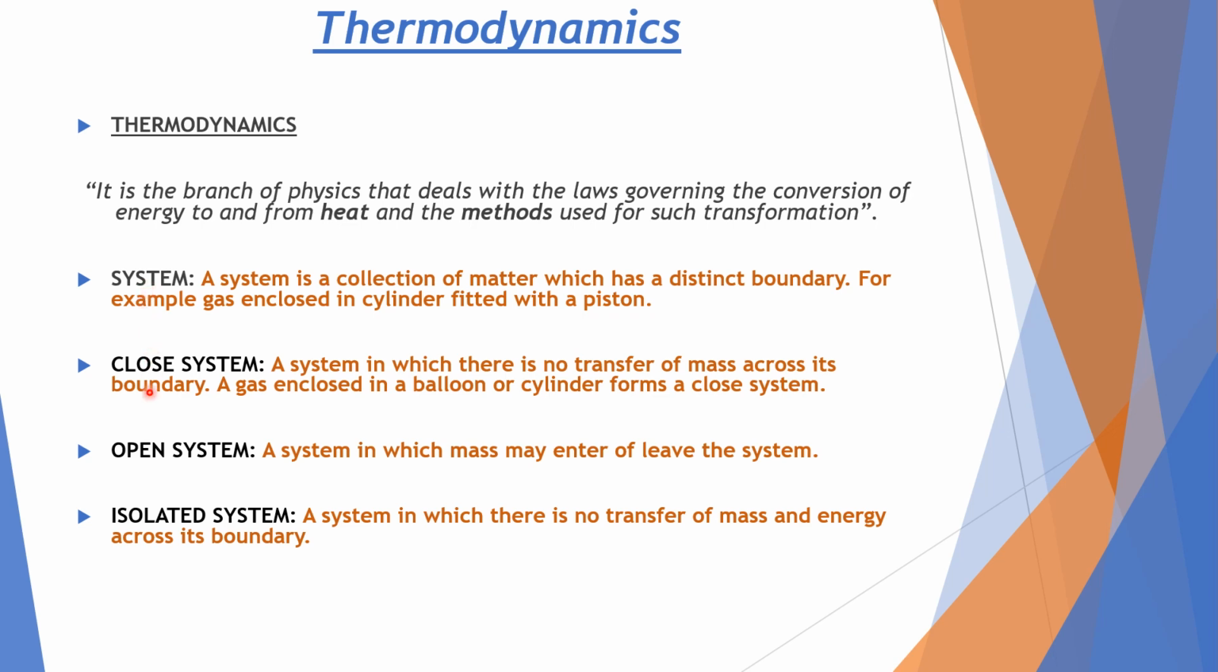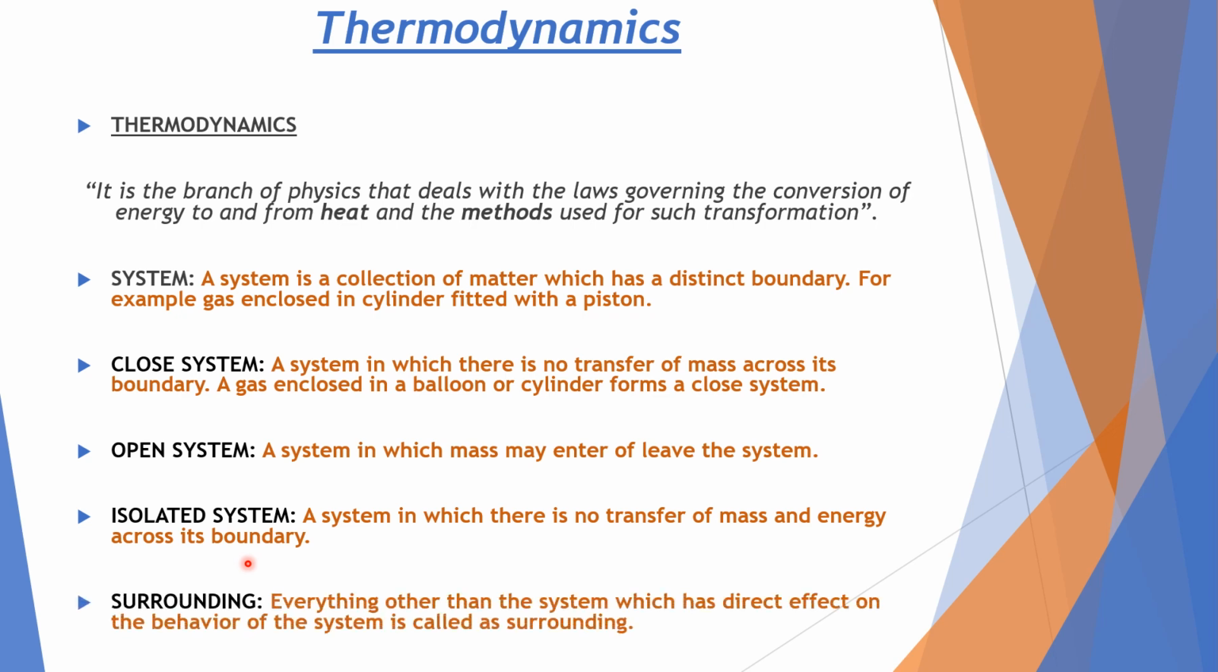We have three types of systems: closed system, open system, and isolated system. If we talk about a closed system, it is a system in which there is no transfer of mass across its boundaries. A gas enclosed in a balloon or cylinder forms a closed system. Open system: a system in which mass may enter or leave the system. For that we have plants and animals. And isolated systems are those systems in which there is no transfer of mass and energy across its boundary. Now,